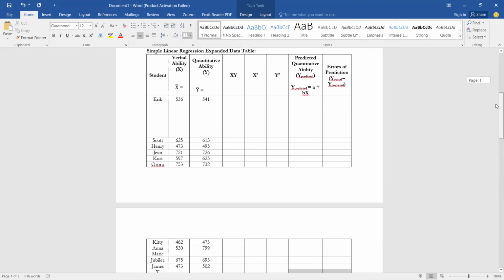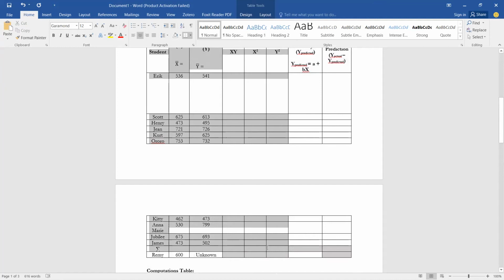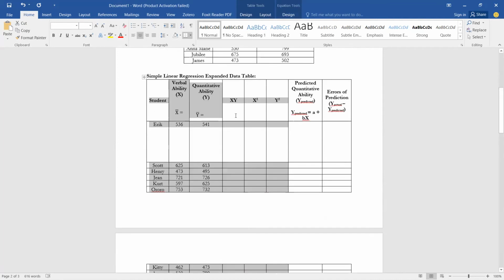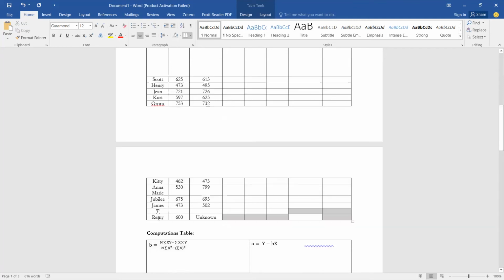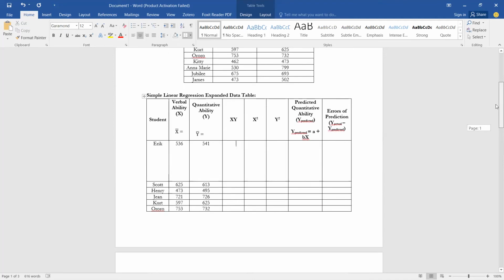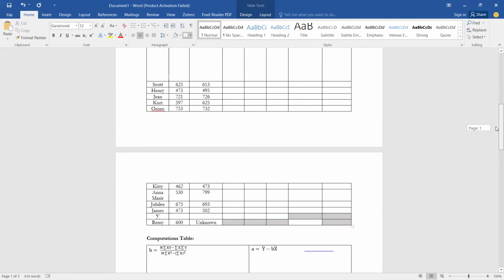This is the expanded data table for correlation. So we need to do what we did in our correlation sample problem. Now find the product of X and Y, square X, square Y, and get the sum of your scores on X, sum of your scores on Y, sum of the product of X and Y, and the sum of X squared and sum of Y squared. Notice here that aside from our original 10 students that were part of the sample,